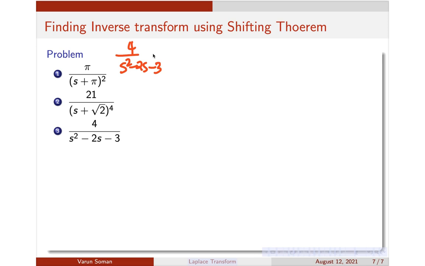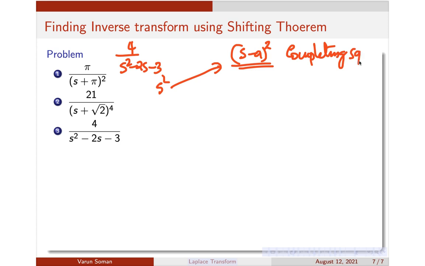What I'll do is make the denominator of the form s minus a. For that I'll bring an (s minus a) the whole square in the denominator, because the denominator is already of the form s square plus something. So I'll bring an (s minus a) the whole square here. We know the technique from integral calculus, that is the technique of completing the square. So we'll employ that technique in the denominator and make it a factor of (s minus a) the whole square, something like that.